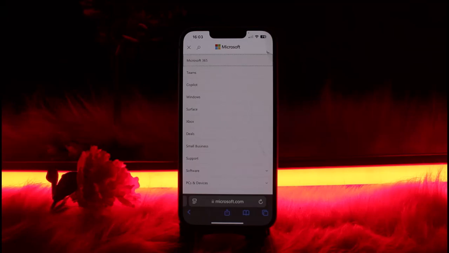Once you have done that, you will be able to click on Advanced and tap on Rebuild, and then simply confirm the process, and there you go. Restart your app again, and that is okay. That's how you will be able to